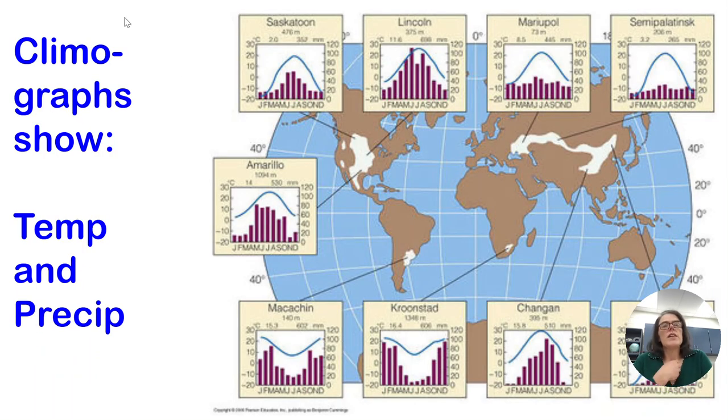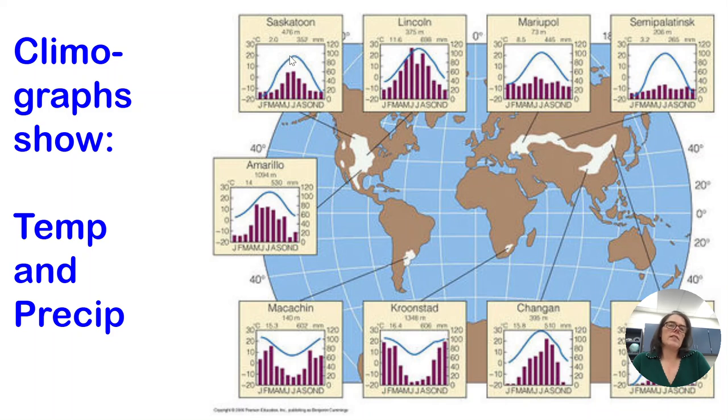All right, so how do we see that? Well, climographs are a great way to see that. Climographs are just a real nice way to look at an area, a biome, a microbiome. It's a way to look at the location over time, and they always have January to December, the first letter of each month. Then they'll have a scale for precipitation, usually on the right, but it can be either way. The bar graphs are the average precipitation per month, and on this side is the temperature in degrees Celsius, and that's the line graph, generally speaking, for climographs.